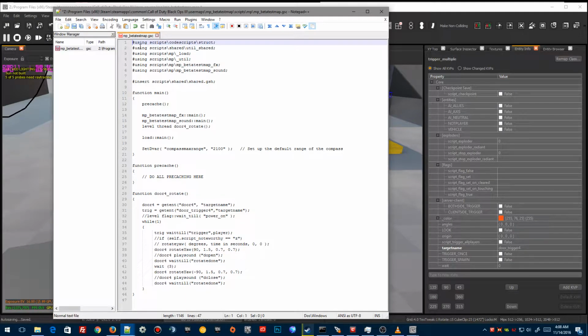The 4 is not needed at the top, so take that out. And as you look here, this line, number 16, level space thread space door4_rotate, open bracket, close bracket, and semicolon. That is the line you need to add to thread the function that will be rotating our door. As you can see here, underneath the function precache, after the close bracket, I start a new function. I start with the word function, space door4_rotate, open bracket, close bracket,